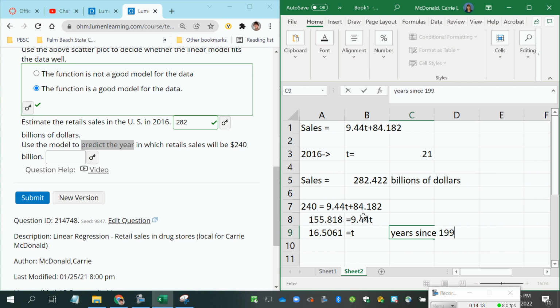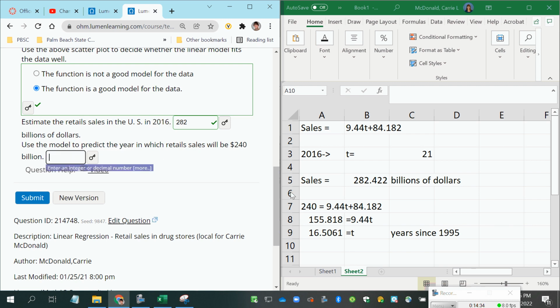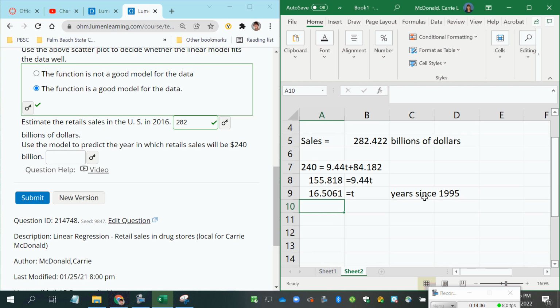since 1995. Okay, well, that's all well and good, but what we were asked was to predict the year, not the number of years, but the actual year. So we need to turn this number of years into an answer that is more like the 2016, right? We need to put in an actual year. So T represents the years since 1995. So if we take 1995 and add on this value right here, what we get is